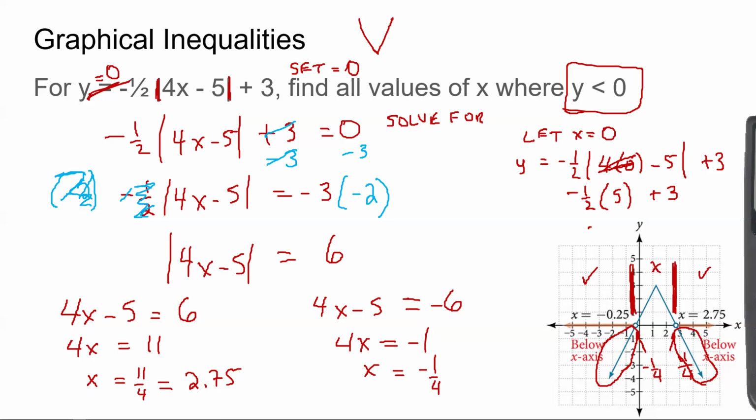Negative 1/2 times 5 is going to be negative 2.5, plus 3 is going to equal a positive 0.5. That's a positive number. I want the region where y is less than 0. We just got a positive number, so I don't want anything here in the middle. Okay? I want the stuff that is on the